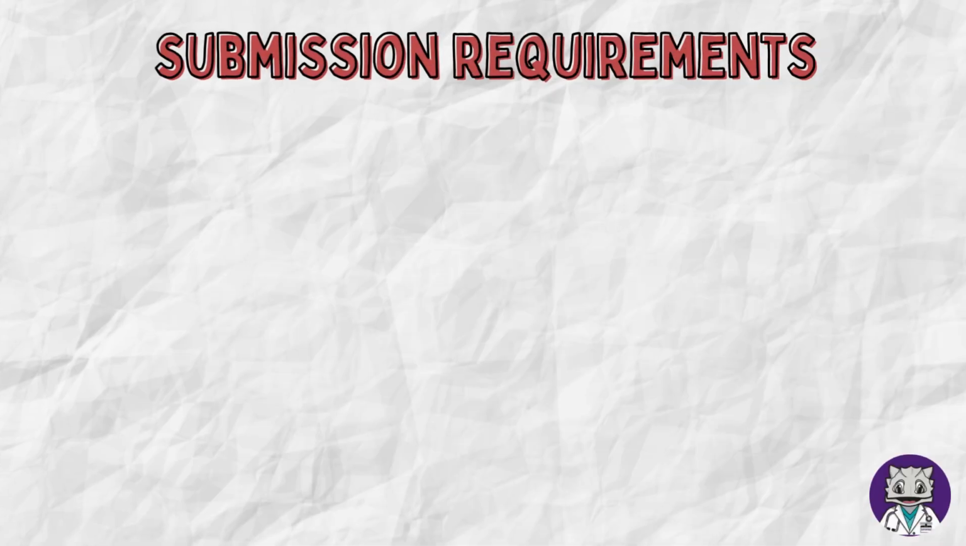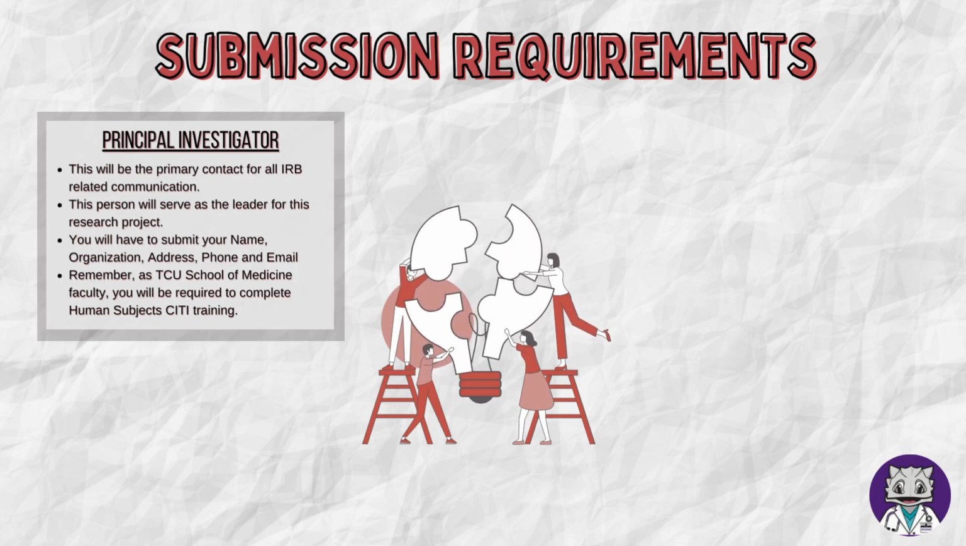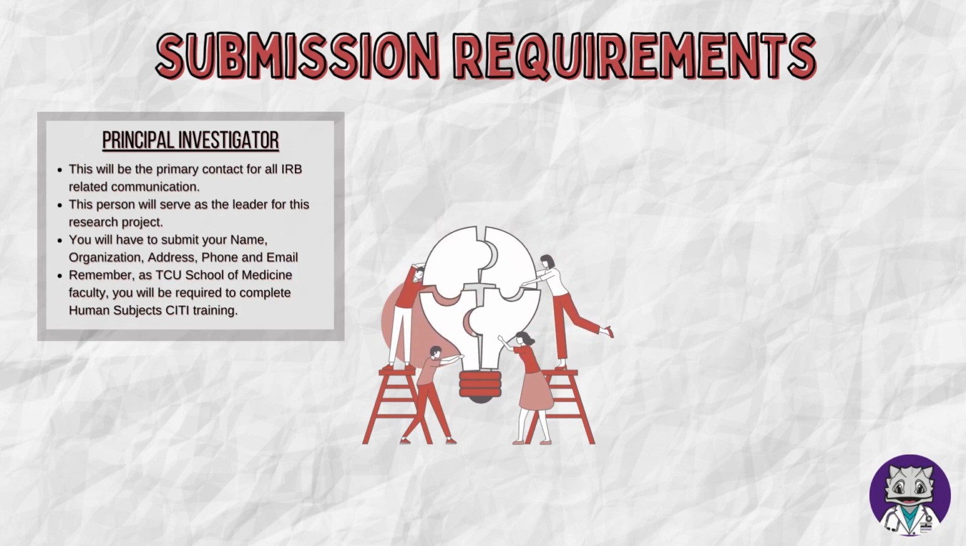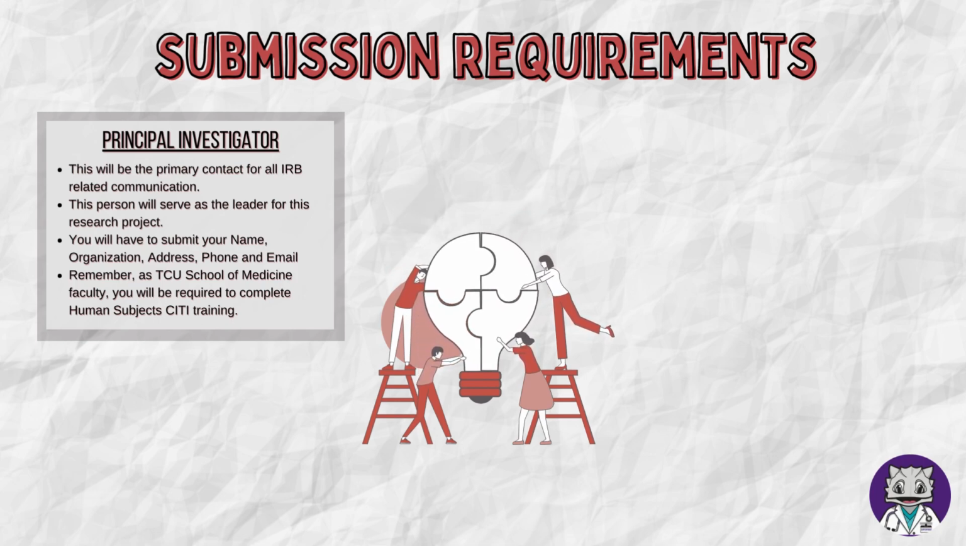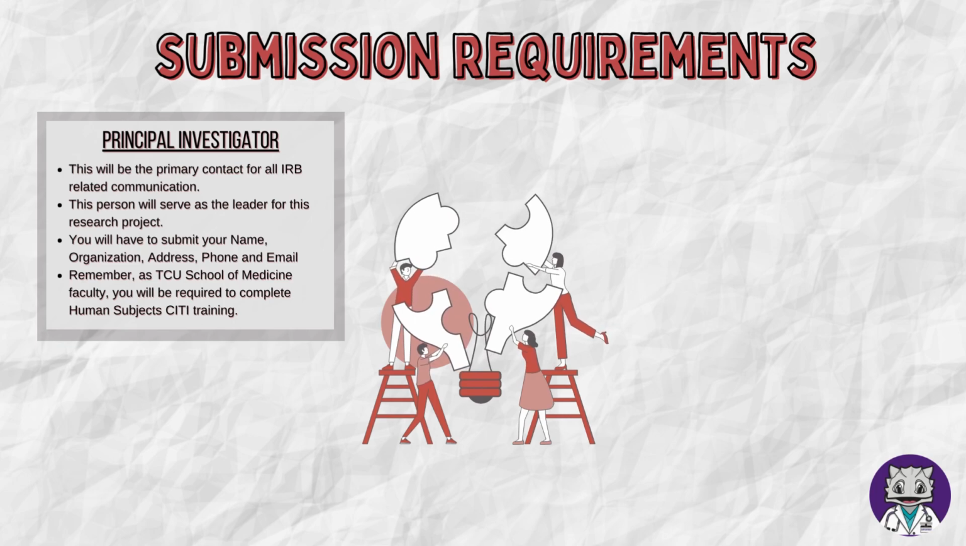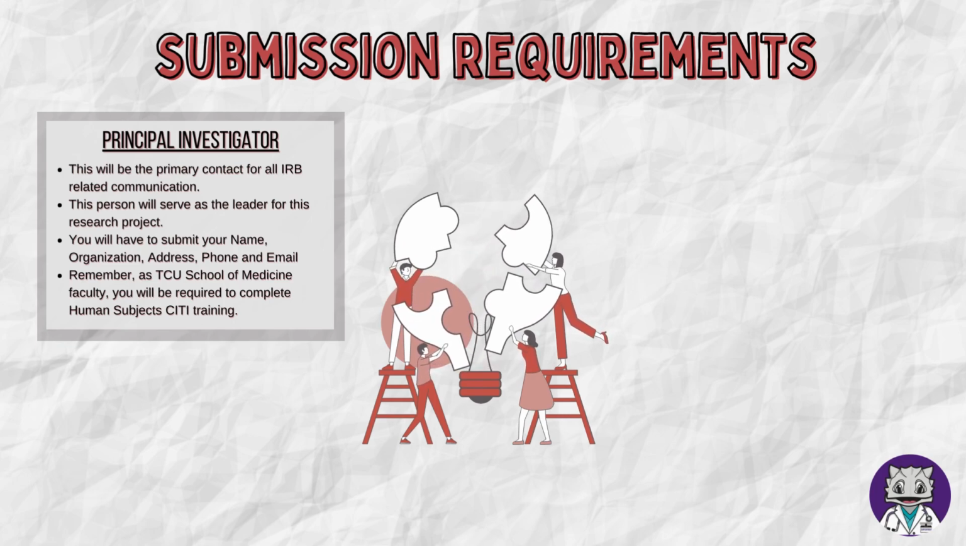Now we will discuss remaining pieces of information required for your research study IRB submission. You will first need to list out your research study team, starting with the principal investigator, or PI. This will be the primary contact for all IRB-related communications. Your principal investigator will serve as the leader for this research project, and you will need to list their name,